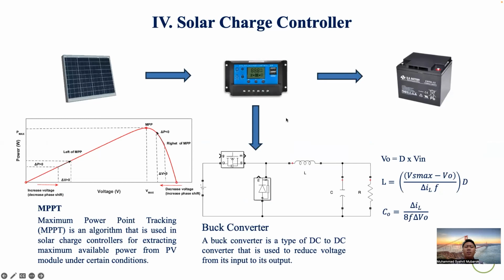Okay, let's discuss the solar charge controller. The solar charge controller is used to charge the battery from the solar panel or the photovoltaic. The main task of the SCC is to maintain the charging voltage and also the charging current